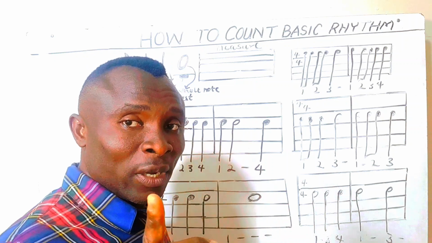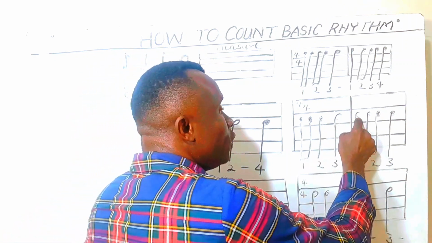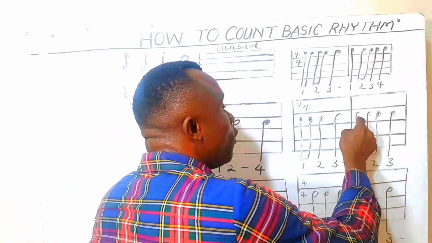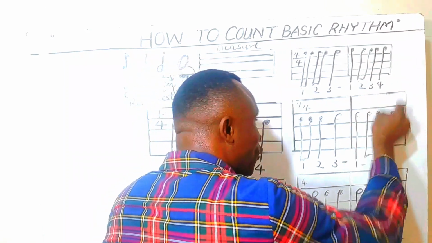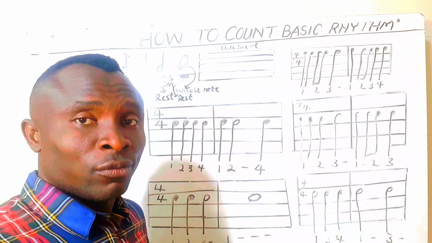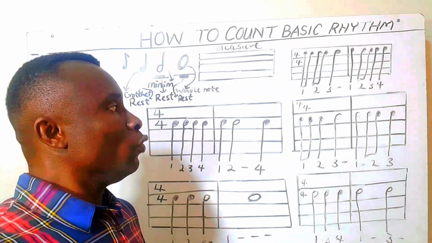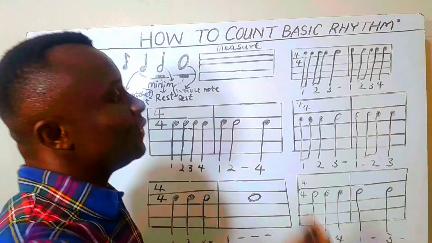So that's why we counted it this way again: 1, 2, 3, 4. Is that understood? I hope so. So we are moving ahead. As you can see above,